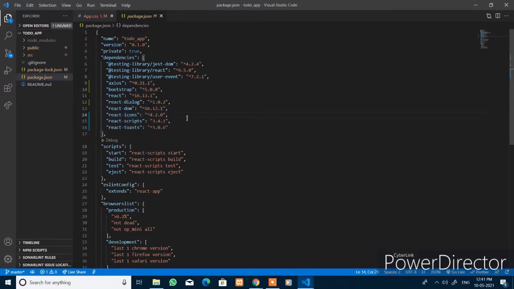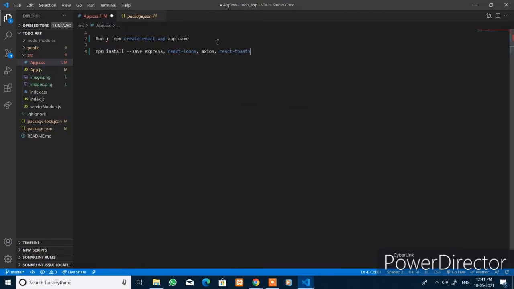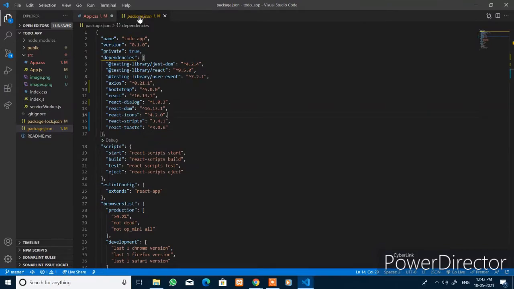When you install axios, bootstrap, react dialog, and also one more thing I left out, add one more react dialog. You have to install all these packages. This package.json file will help in knowing what packages and versions we have installed in your project. Now close all the files.